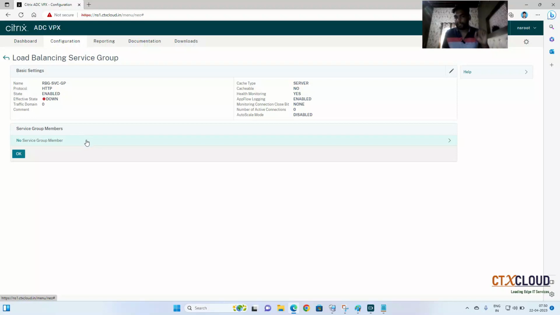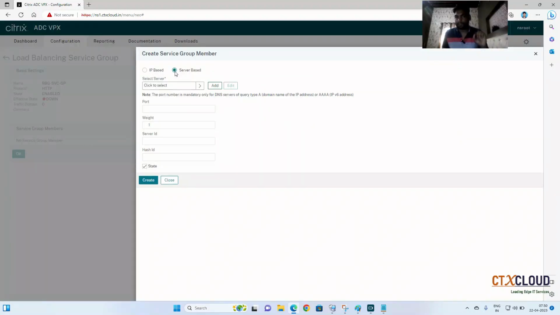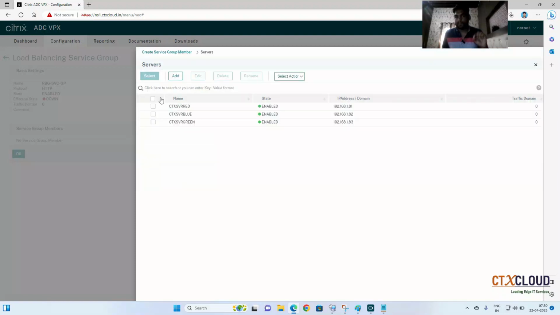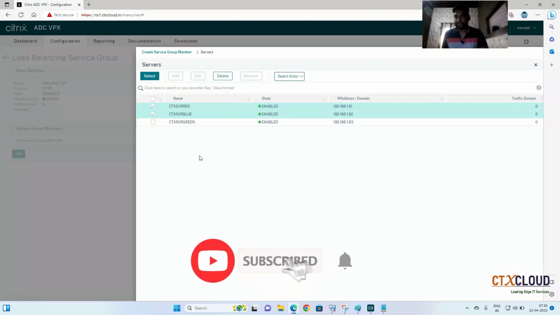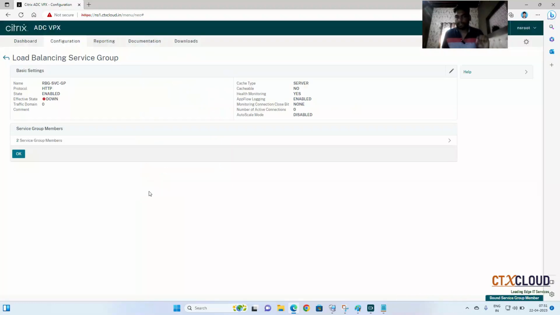We have added 3 servers here. You need to select server based, select all 3 servers because they are going to participate in rbg.ctxcloud.in. Select these servers, and mention the port number here. The port number is 80 and the protocol is HTTP. Click on create, click on OK